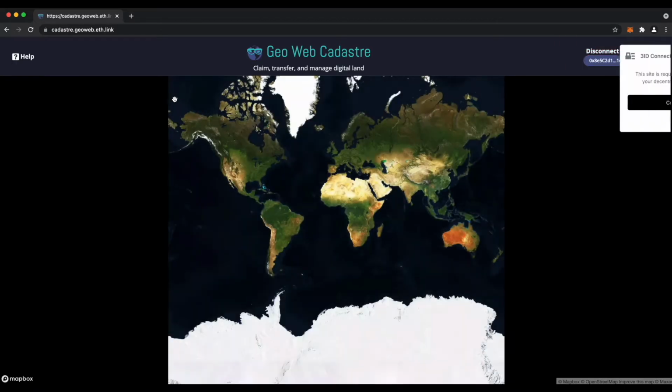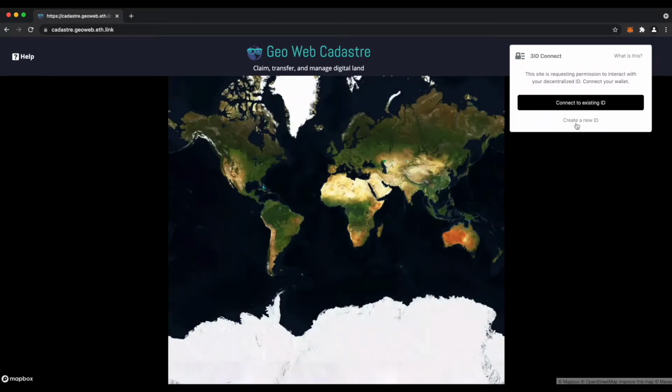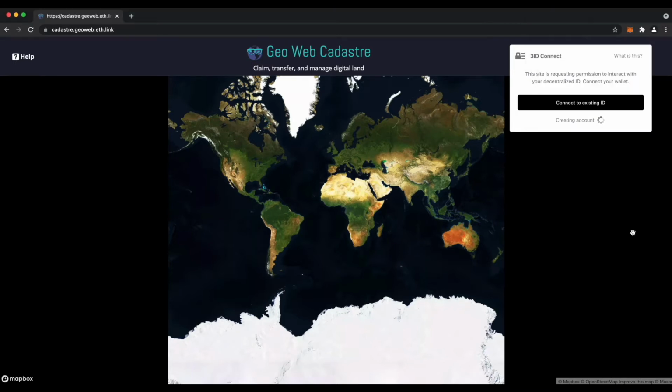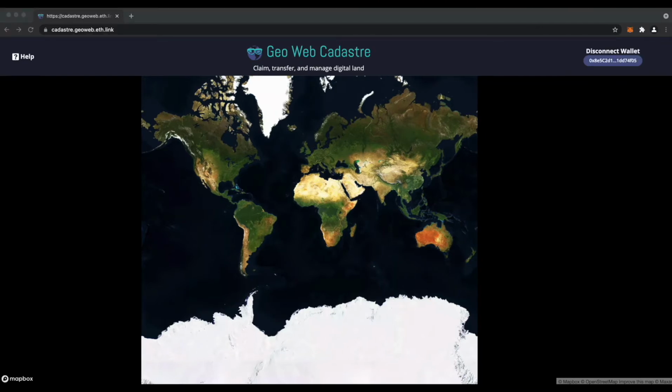our wallet. The first time you connect to the Cadastre, you're going to be prompted to create or link a decentralized identity through 3ID Connect. This is used later for content linking, to make it super simple to manage peer-to-peer content. All right, once you're all signed in, you can see the whole GeoWeb here right in front of you, aka